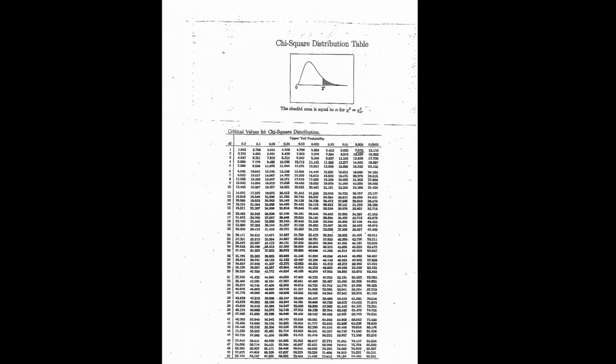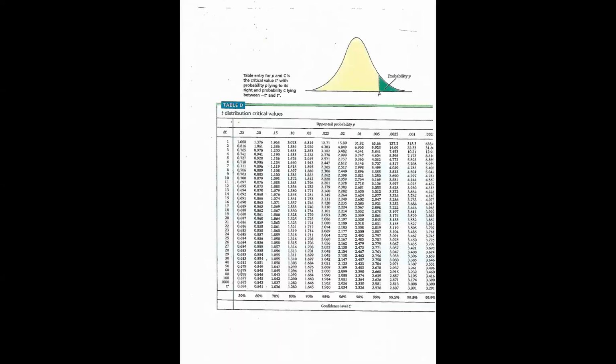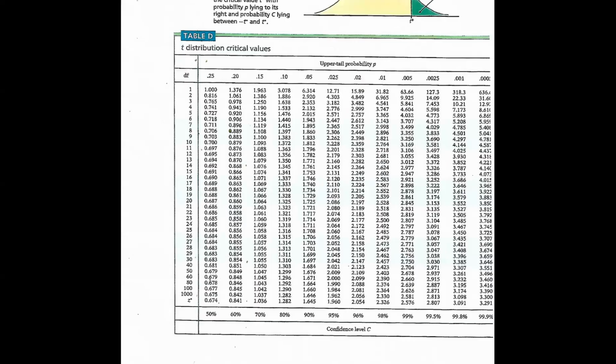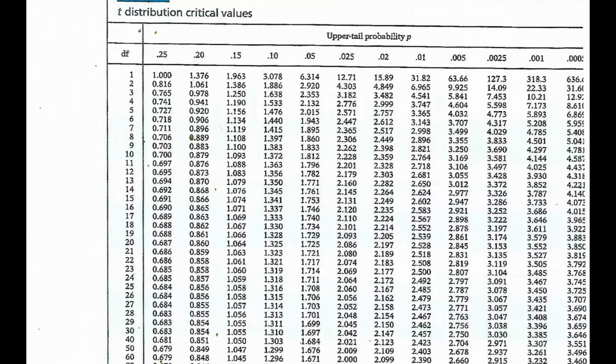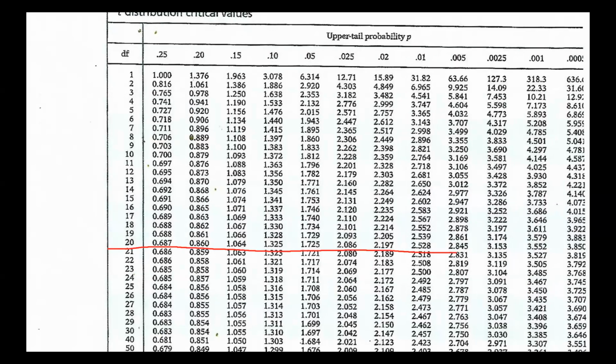Reading a table is not a challenge this time around. In a t distribution table, what's the degree of freedom? It's 20. Then it's 0.005, it's here, so the critical value is